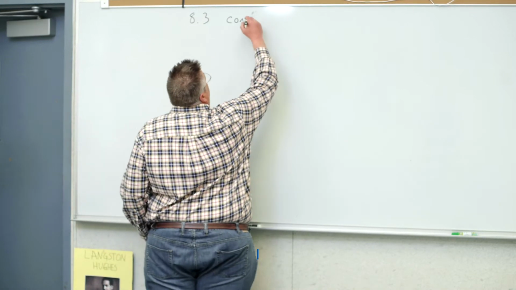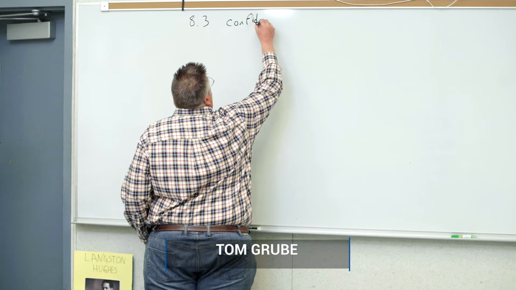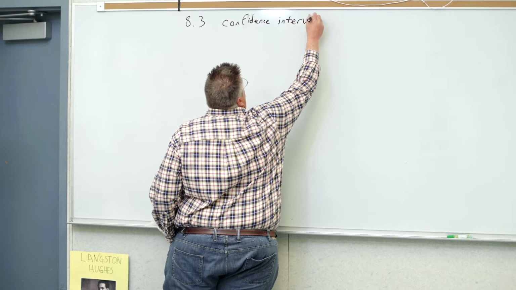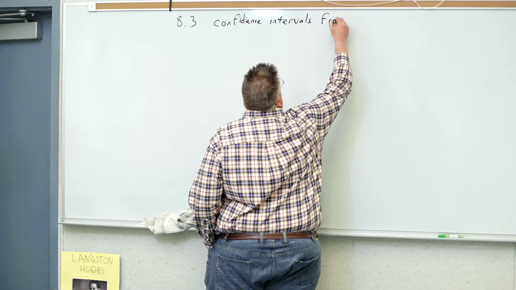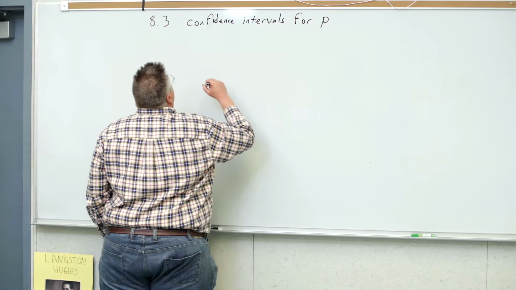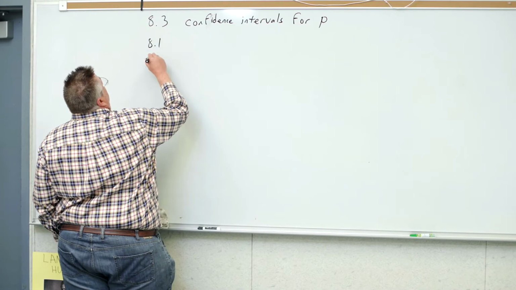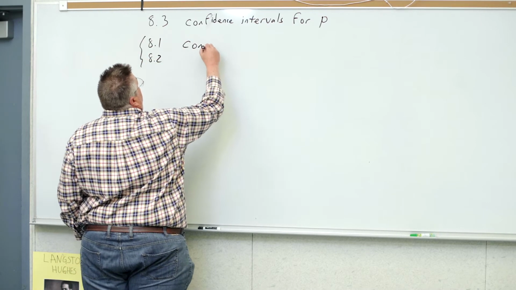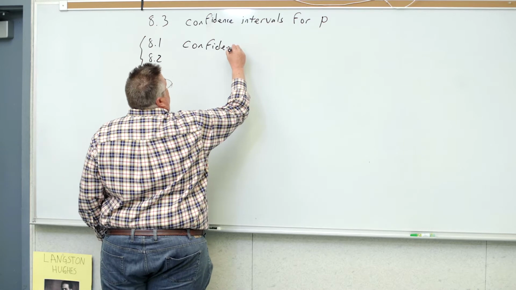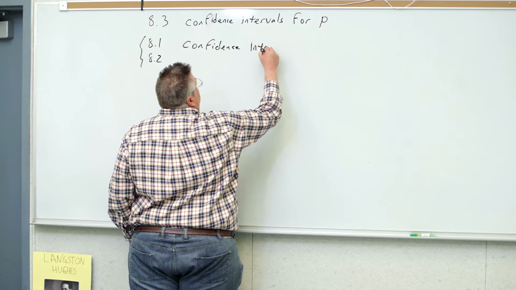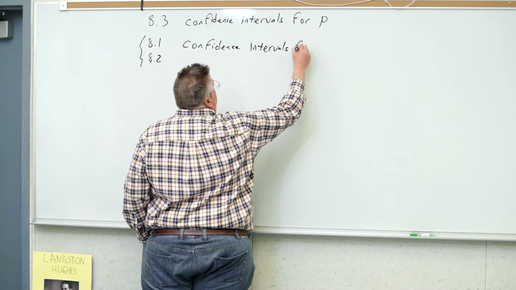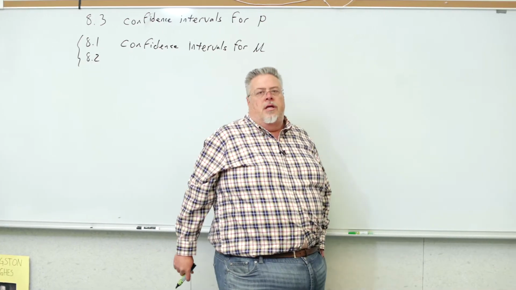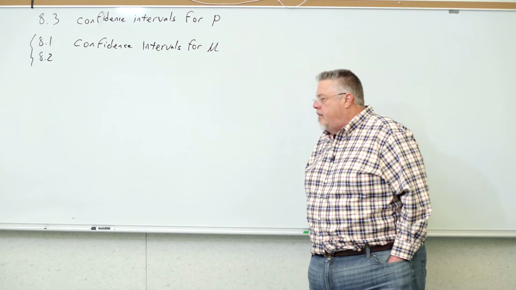Previously, we actually jumped ahead in the text, in section 8.3 of your text, confidence intervals for P. I'm going to retreat now to 8.1 and 8.2, confidence intervals for mu. Now, it's important that we know the difference between the two, and in reading the context of a